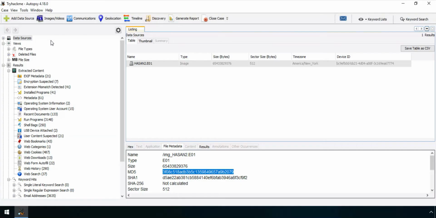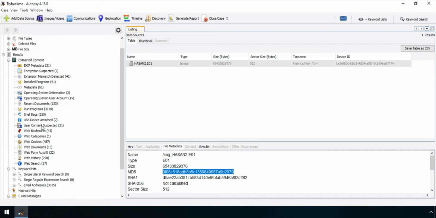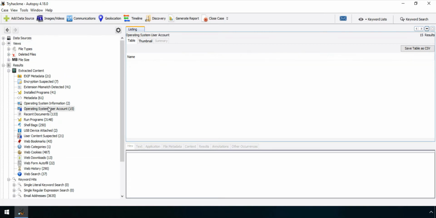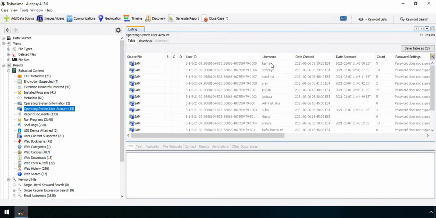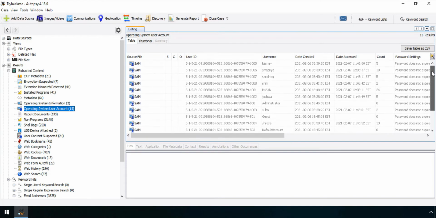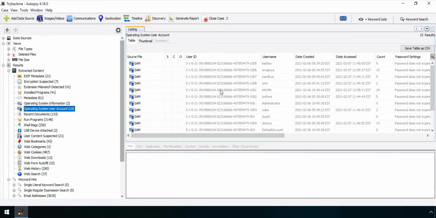What is the computer account name? Let's see what the users on this computer are. Yes, here is the operating system user account. Here you can see there are many accounts, so many accounts with us, but what we have to see is the computer's account name.